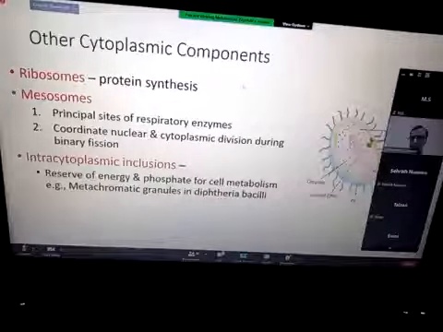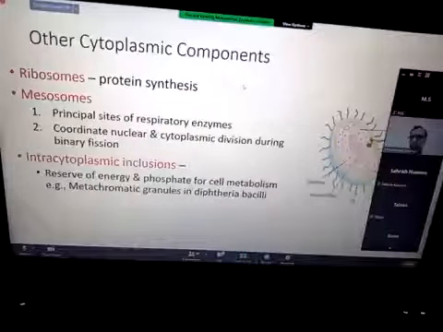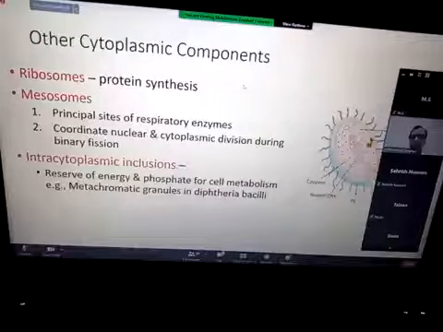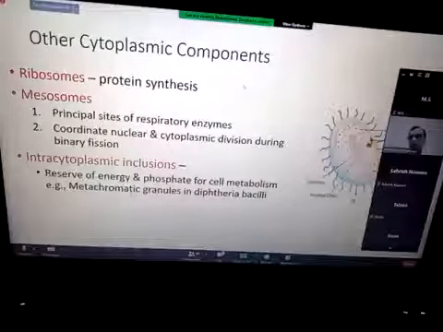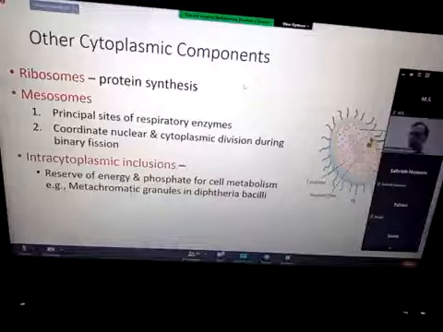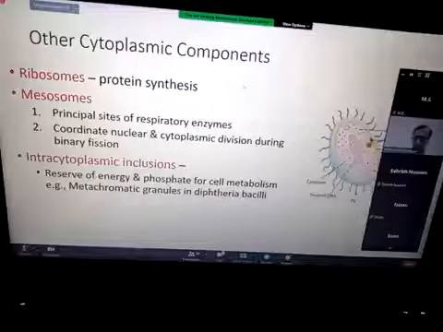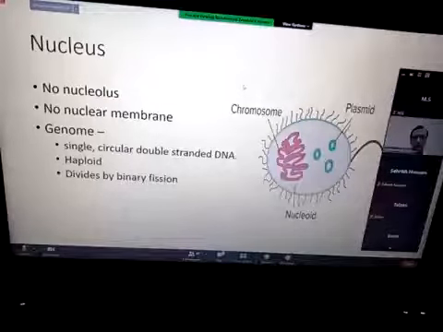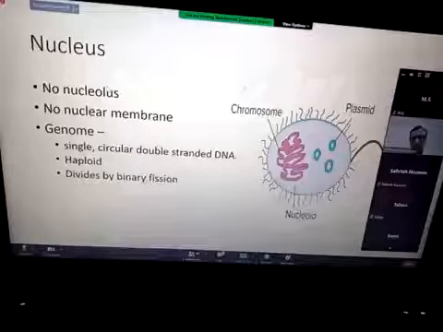When we stain it, we stain these metachromatic granules, and the gram-positive bacilli, which is a common cause of diphtheria, Corynebacterium diphtheriae. So when we come across the sample in the laboratory, we see that this metachromatic granule is used for identification. As we know, the nucleus is not very structured, and we have